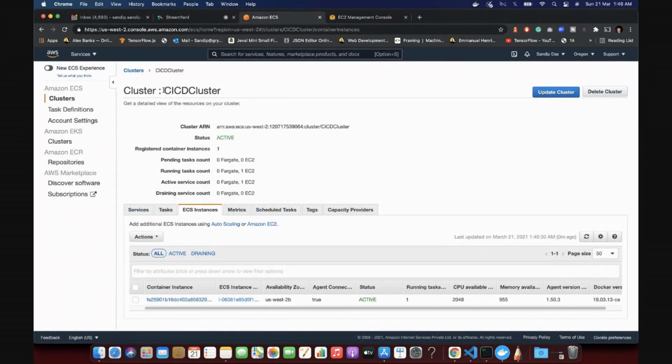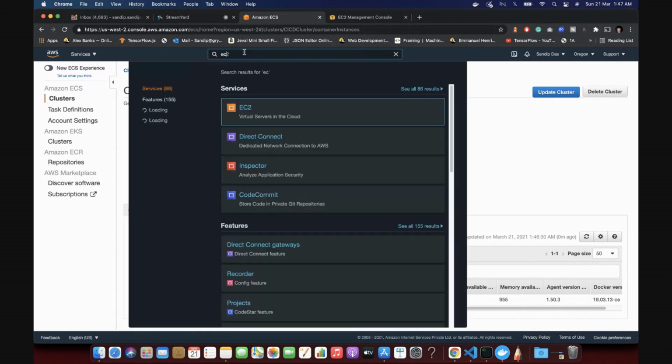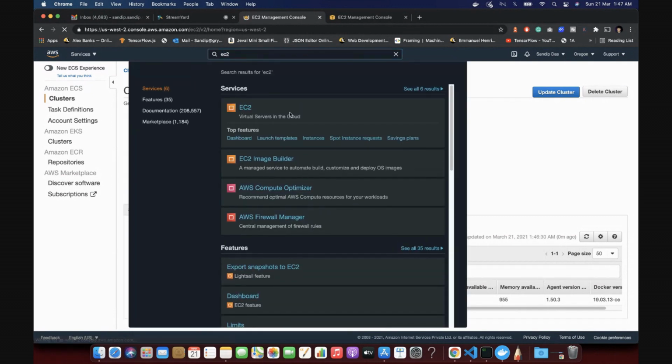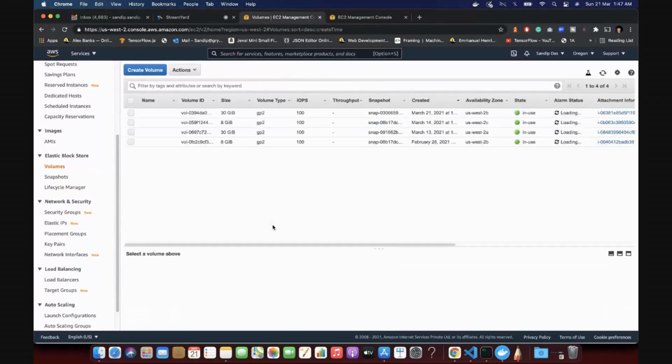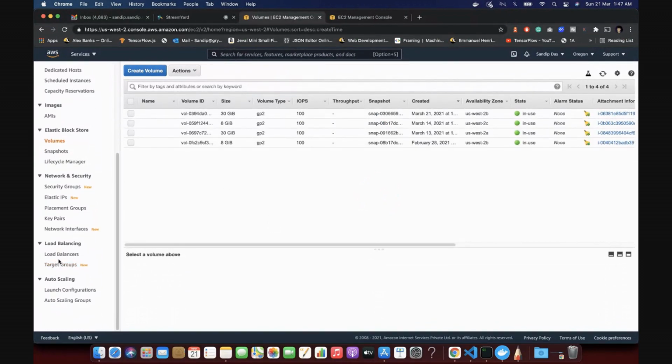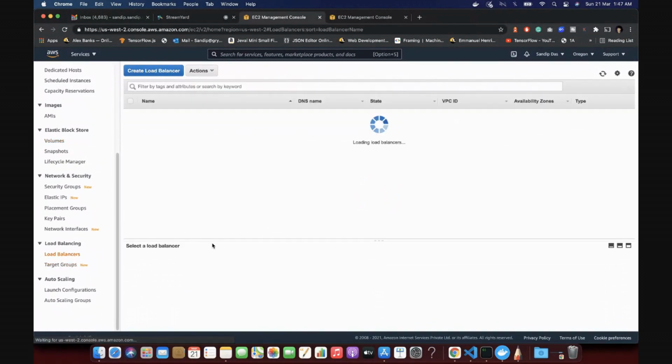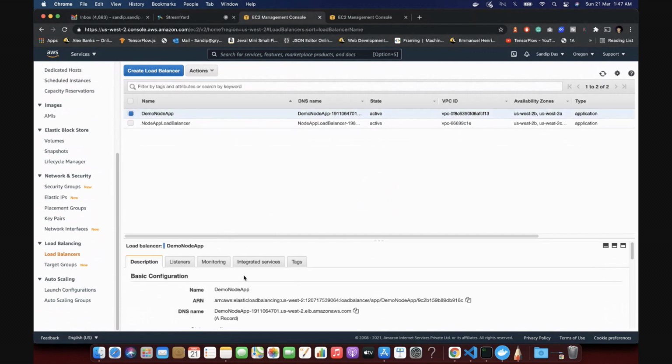Now let's go to EC2 again so that we can get the load balancer URL. Click on the load balancer and copy the DNS name. Try to open it in a new tab.